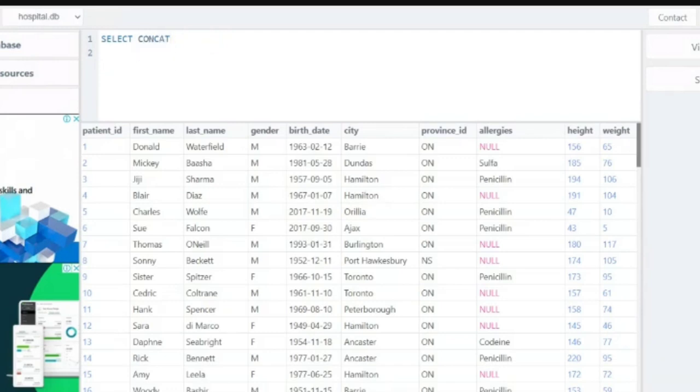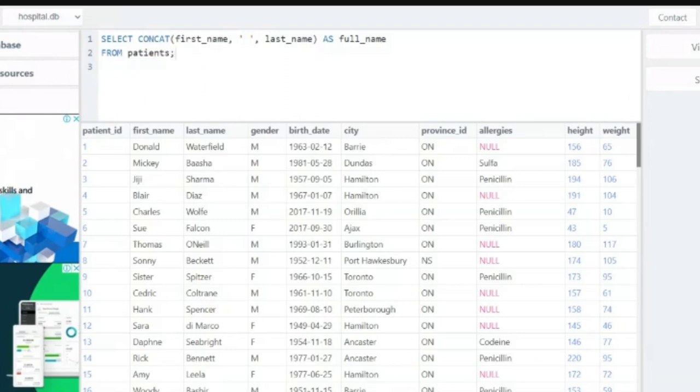So select concat. What we need is the first name and then the last name. First name, comma, and then notice that here I would be putting a space inside quotation marks, comma, and then last name. So why are we putting a space? Short answer, the names will stick together, but later I will show you that. First, let's execute this as full name from patients.